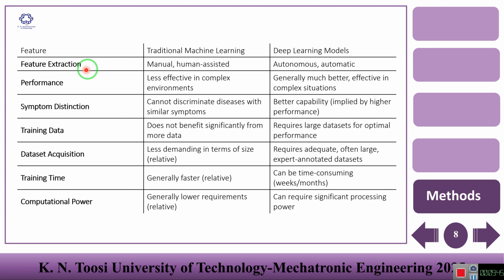While for feature extraction, we have the upper hand when it comes to deep learning methods, because the preprocessing or the augmentation or even labeling can be done automatically, while here it is more manual. And you can see